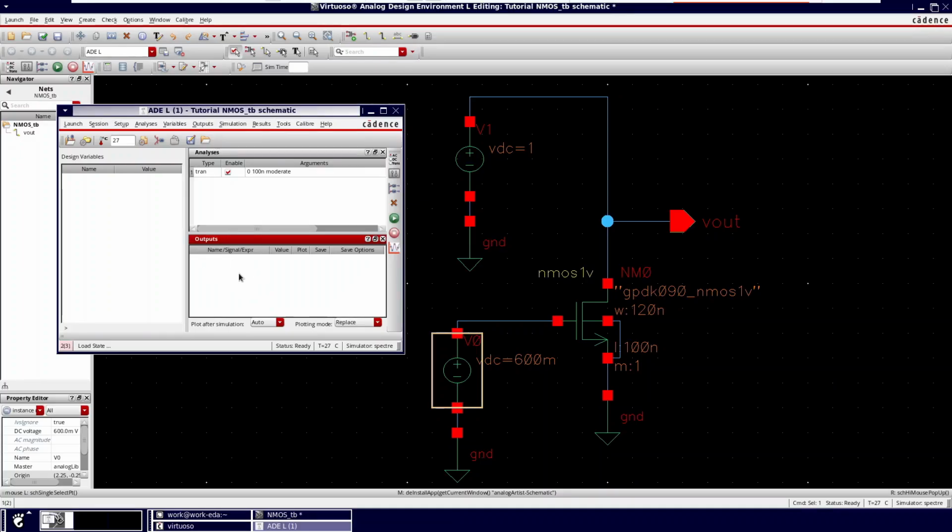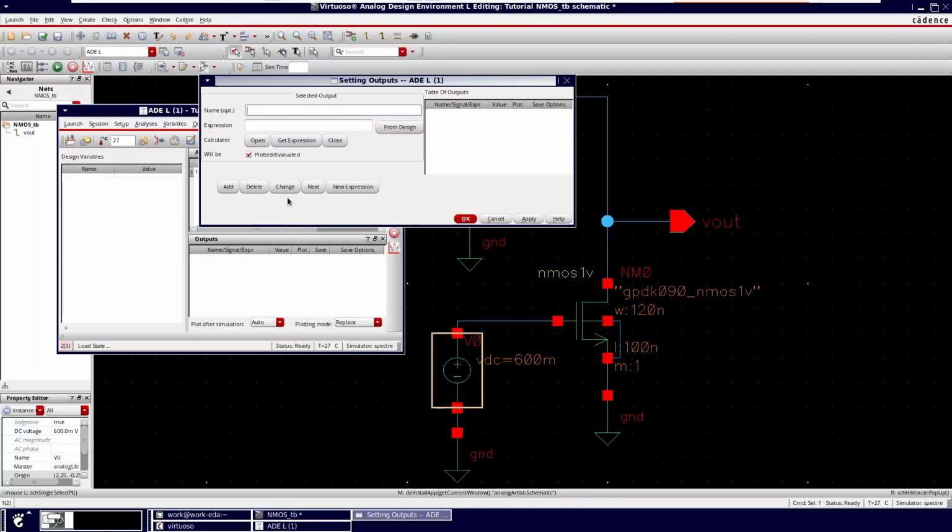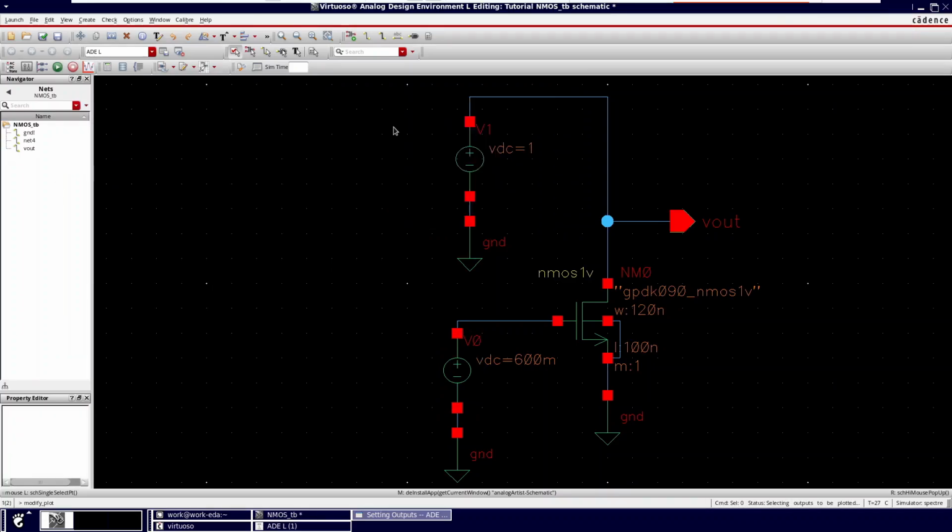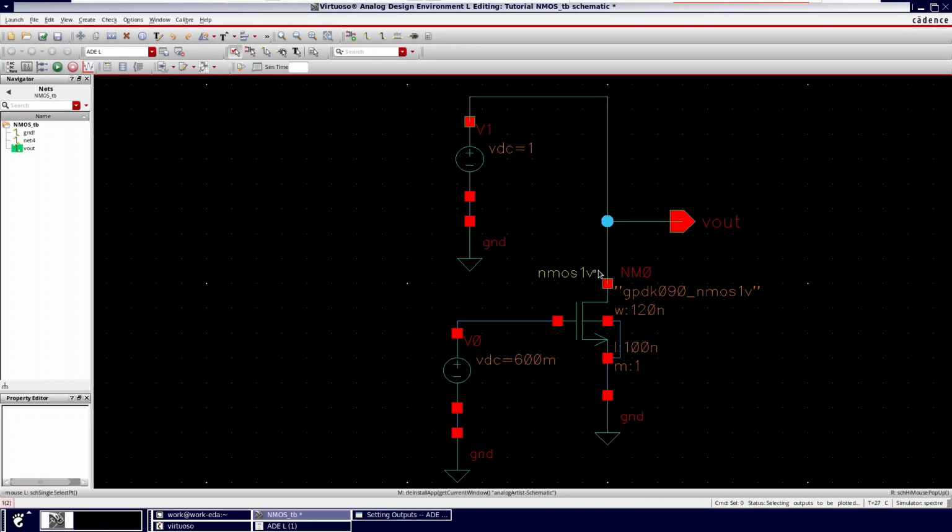For outputs, we have to choose the outputs. Again, come here and right click, choose edit. To choose the signal directly from the schematics, you have to say from design. Okay, then if you press the line, the voltage, you will take the voltage measurement, and if you press the node, you will take the current measurement. To show how it's working, I will choose this one also, but for us the IDS current is important,